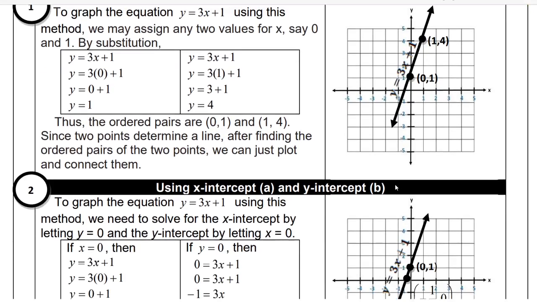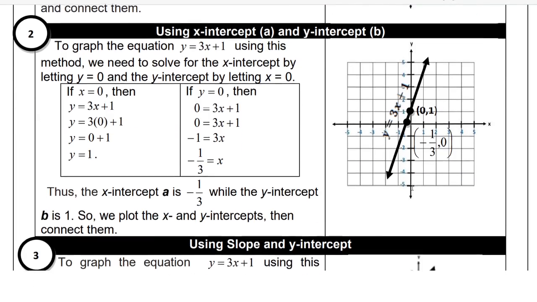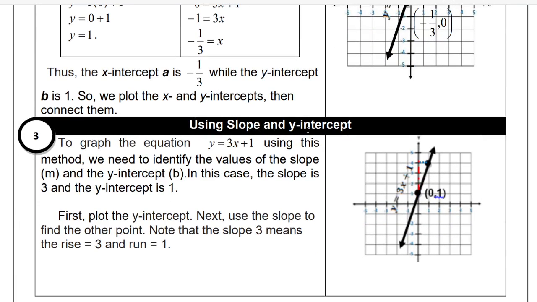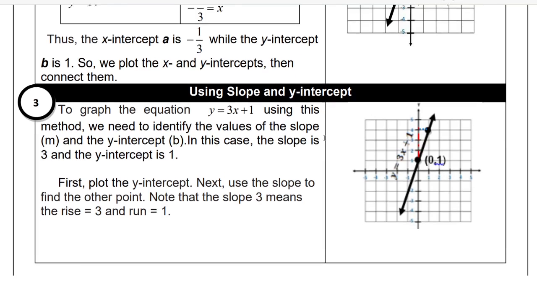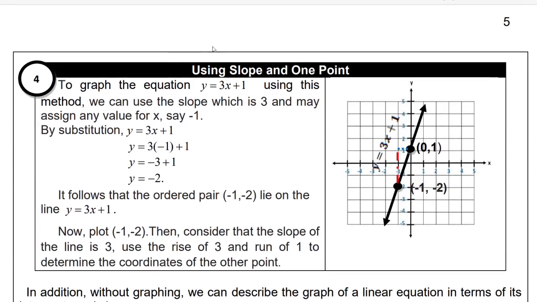Then another, we have the x-intercept and the y-intercept. Okay, so the x-intercept here and the y-intercept there. Okay, then connect the two, then that's your graph. Another, number 3, using the slope and the y-intercept. You can also graph the equation using slope only and the y-intercept. Okay, another, and the last one is using slope and a point, or using slope and 1 point. Okay, going back. So we'll start with number 1,